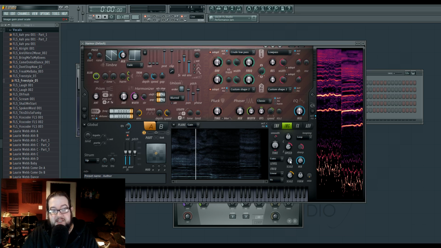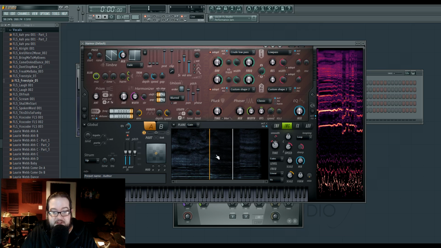Then we have this other scale, which is the gain scale. So this is the frequency scale, which is basically the pitch variation scale. And then we have the gain scale. And what this is, is more or less visual compression, which is kind of sweet. Because if you look at the picture generated over here, we have lighter areas and darker areas. And what the scale knob does is it will bring out or take away the contrast